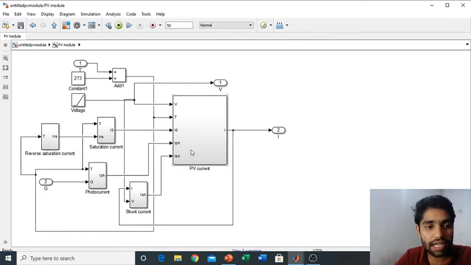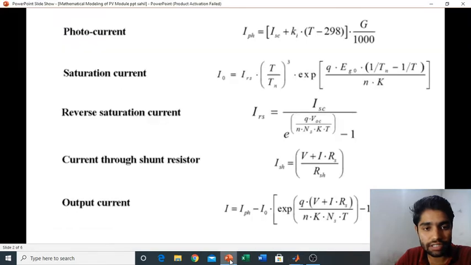And here we see the one equation of how we model. So basically we are seeing the most complex equation, and this is also a complex equation, and this is also a complex equation. So I am interested in the saturation currents. Let's see how we model the saturation currents. If you see, basically this is the product of the three quantities 1, 2 and 3.